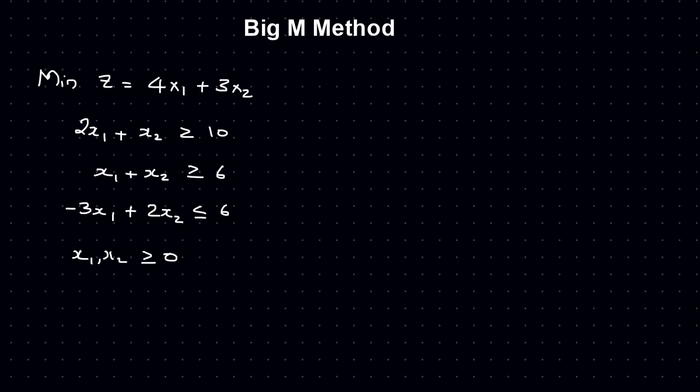Welcome back. So in today's video we'll see how to use the Big M method for solving a linear programming problem. In the previous lecture we had seen how to use the simplex method, and in the simplex method we always have less than or equal to constraints. When we have a less than or equal to constraint, we can simply add